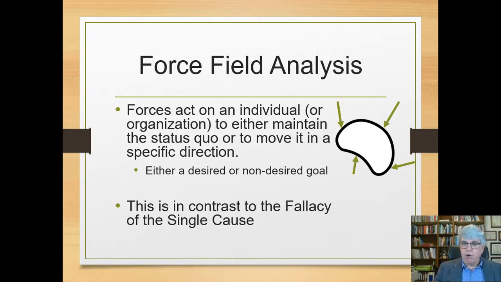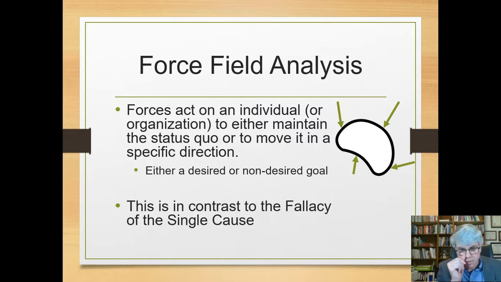And now this is important because it contrasts to what's known as the fallacy of the single cause, or the fallacy of single causation. A lot of times we'll say, oh, that person did that because they just want to be mean, or somebody did something just because. And no, that's not how humans work. There's always these multiple forces working on people due to their values, their personality, past choices, what they've learned, people in their environment, expectations that people have on them, the resources that they have available to them, the options that they can foresee. There's all these forces coming in a lot of different directions, and the strongest forces are going to win out and push the person in that direction,